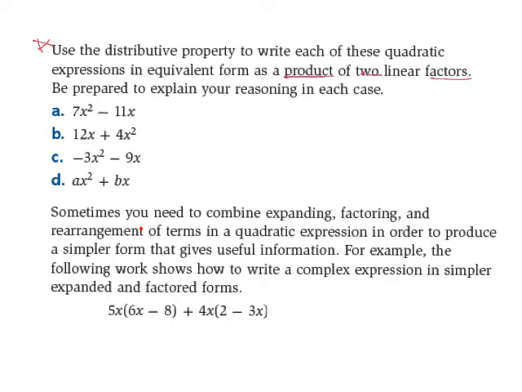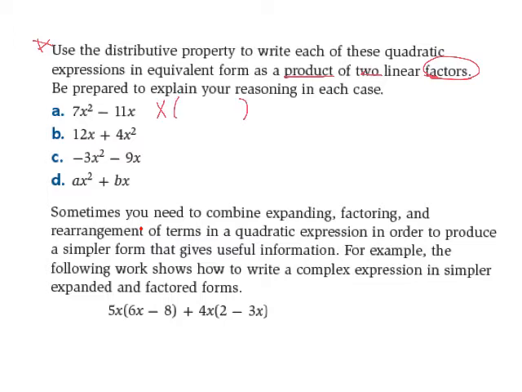When you see these directions, the word factors means look for a greatest common factor and take that out of the original expression. So for part A, 7x squared minus 11x. 7 and 11 have no numbers in common, but I do see that they both have the letter x in them. So I'll take out a factor of x and then fill in what the distributing would have been before